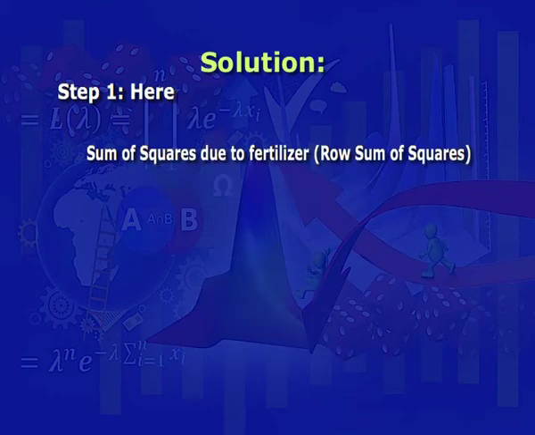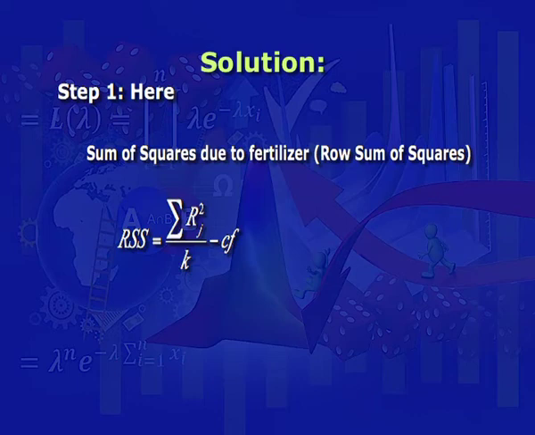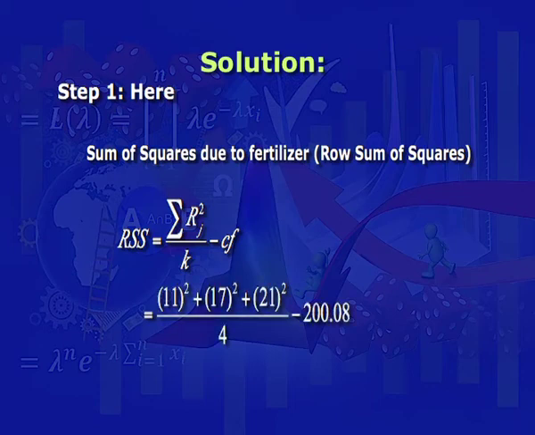Now we calculate sum of square due to fertilizer, or row sum of squares. Row sum of square equals summation rj square divided by k minus CF. Here rj indicates the total of the jth row. From the above table, we find the totals and substituting these values, we get 11 square plus 17 square plus 21 square divided by 4 minus correction factor 200.08. On simplification, we get row sum of squares equal to